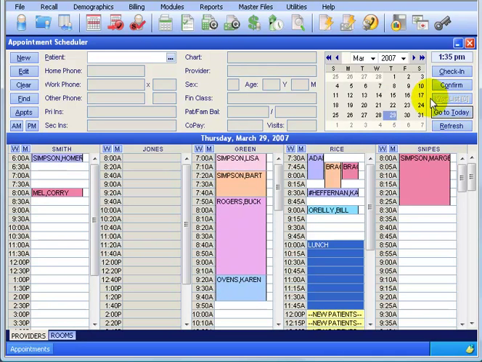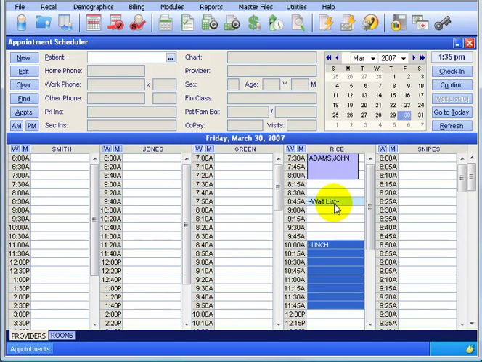Now, tied to the wait list, at least in theory here, and finally, is that when I cancel or delete a patient, they do a cancel or no-show, in its place, and you can look at tomorrow here on March the 30th, in its place we'll have a little hold slot that says check the wait list. Now this only happens in the future, and I want to cover this just a little bit more in detail because if you remember, you can set up in your system defaults,